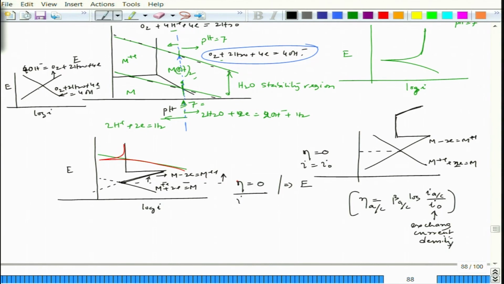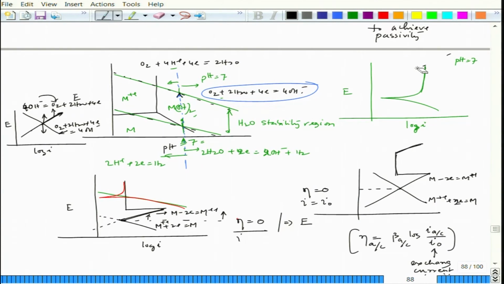Okay. So now if I go towards this potential, oxygen evolution starts. If I go downwards, oxygen reduction starts. So that means the oxygen evolution reaction would happen. Now, as we see, once the potential reaches this level, because this is going perfectly fine, it has entered into the MOH2 region at that pH 7. Now, this particular plot and this plot correspond to each other. Now, this green line is basically the oxygen reduction line.